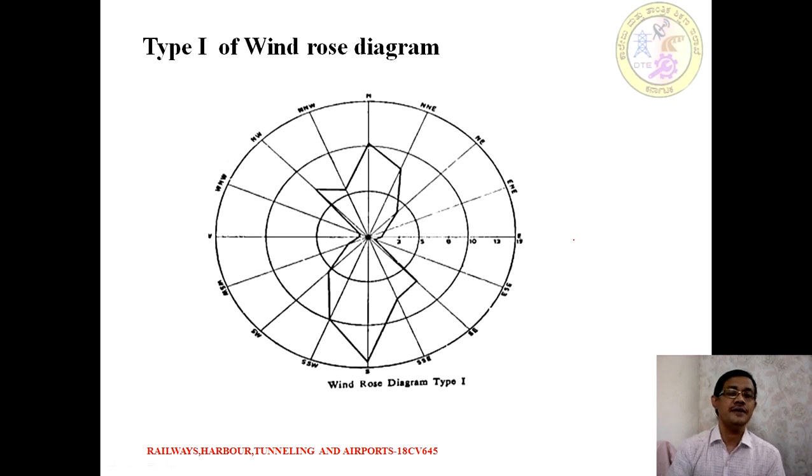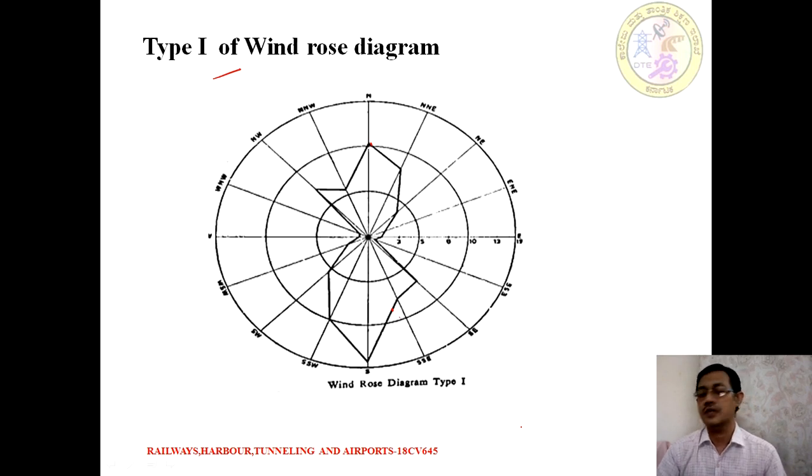This is the diagram which shows the windrose diagram of type 1. It gives you the best direction of the wind that is blowing and the duration for which it blows. This is a graphical representation of the windrose. These lines are just like the petals of a rose, hence it is called a windrose. Wherever we have the largest length of orientation, that is treated as the center of the runway with respect to the windrose diagram.